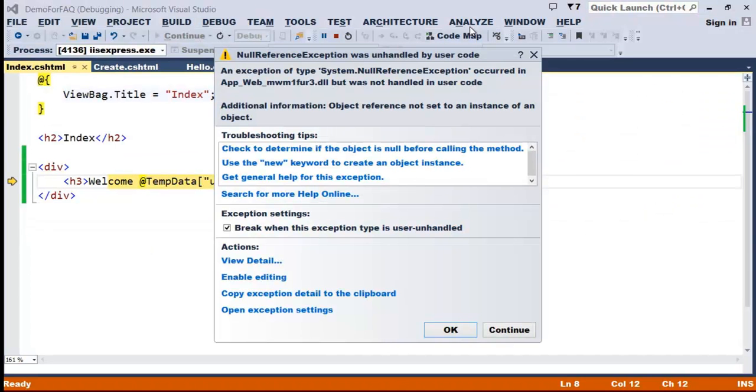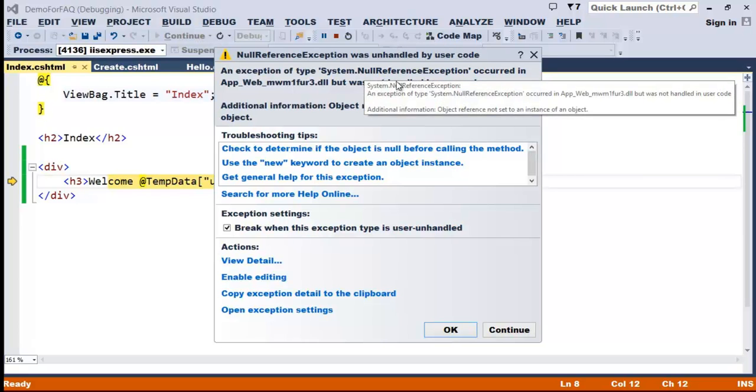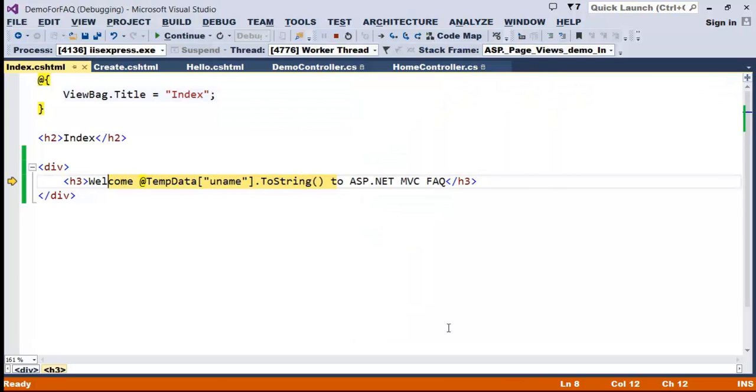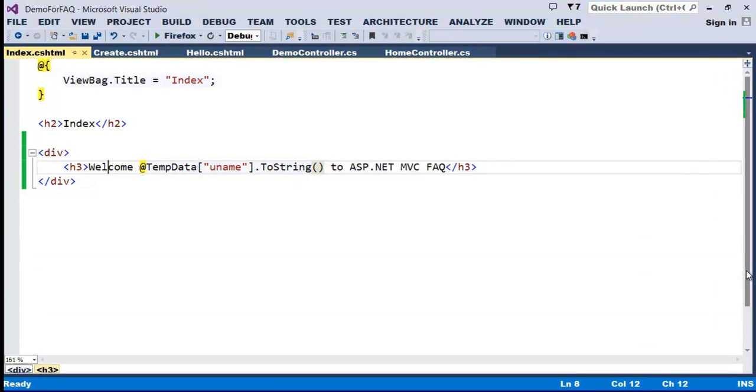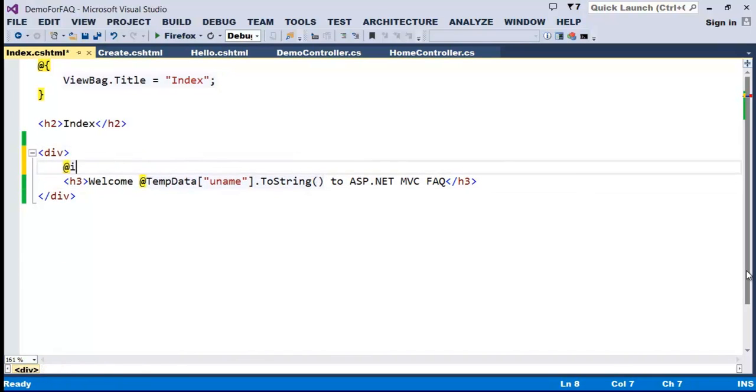As soon as I refresh this page, I get an exception saying null reference, meaning the value of the temp data that I provided, once the page has been loaded, that information will not be existing. So it is always a good practice that when you use temp data, since the value will be existing at one single place or for one single request till the value is loaded, it's always good practice to use